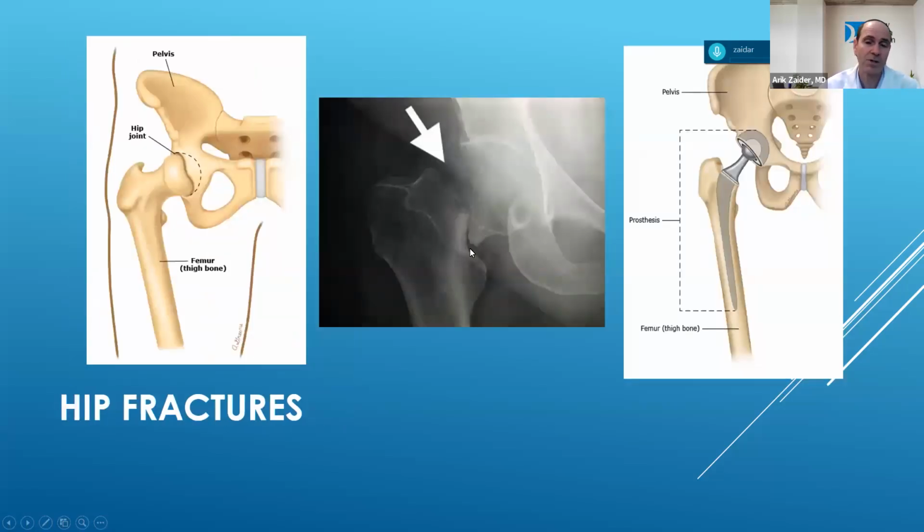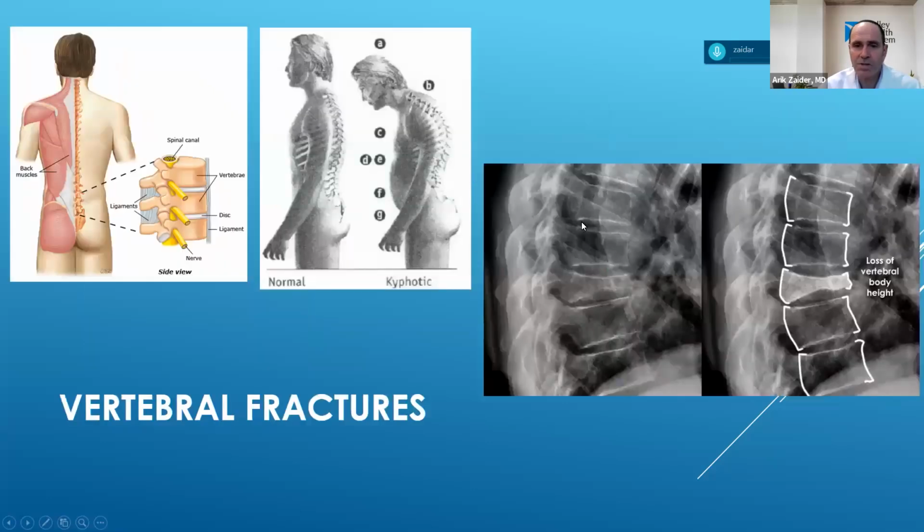So this is a hip fracture, common as we mentioned. It most commonly occurs in the femoral neck. It's diagnosed by X-ray. Sometimes you need more subtle studies. It can be very, very hard to find. Sometimes you need an MRI or CT scan to find it. And the treatment approaches, it doesn't always need surgery if it's a closed, non-displaced fracture, but sometimes it does need rods and screws or a hip replacement, depending on what the problem is. And here are the vertebral fractures that we're talking about. So just to show you what it looks like, if you look at the far right, you see depiction of X-rays here.